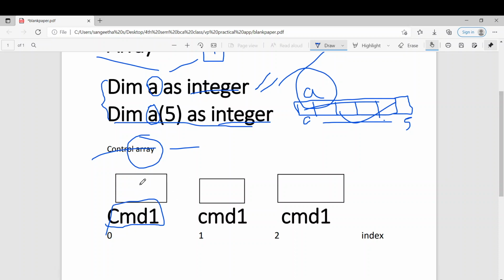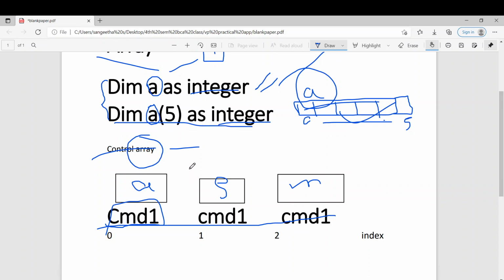I'll copy this command and place it in two different places. And the captions I will give as add, subtraction and multiply. The caption can be anything, but the name of the command should be similar. That is, you should not change the name of your command buttons.